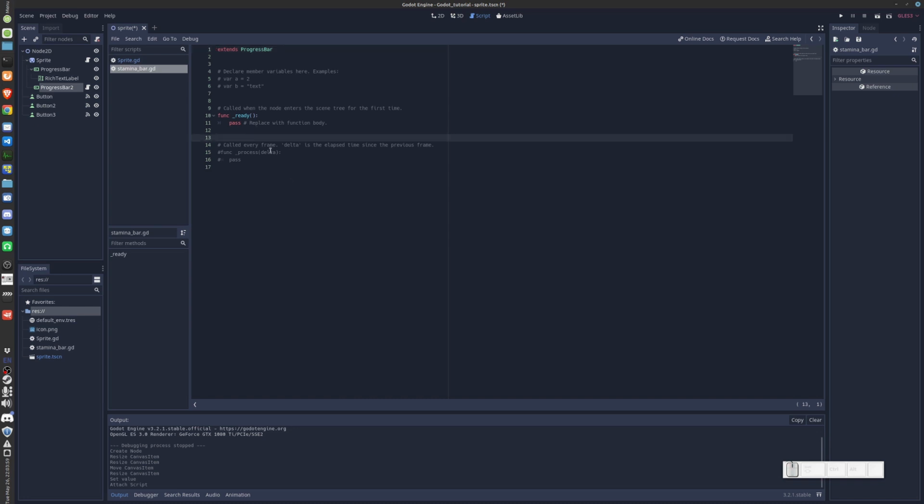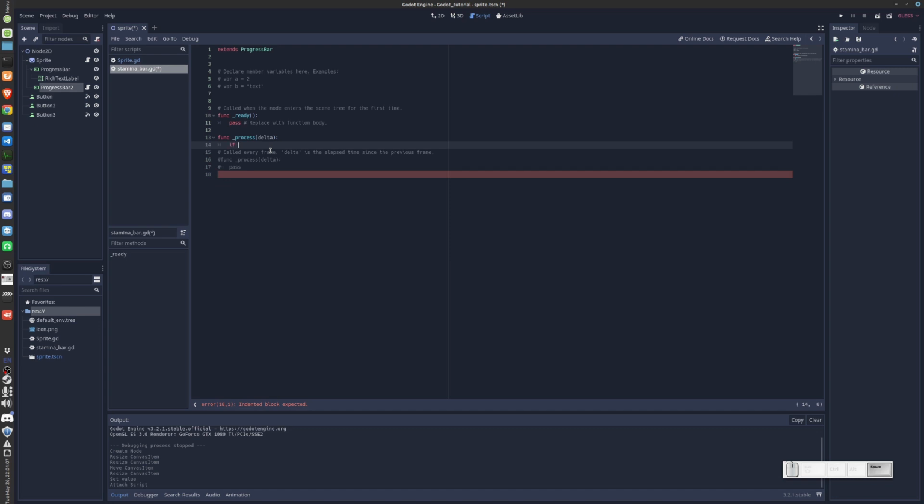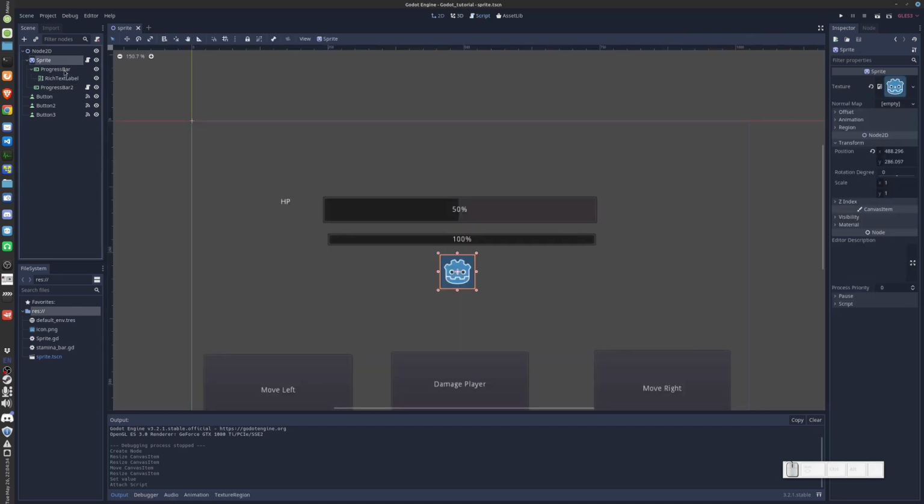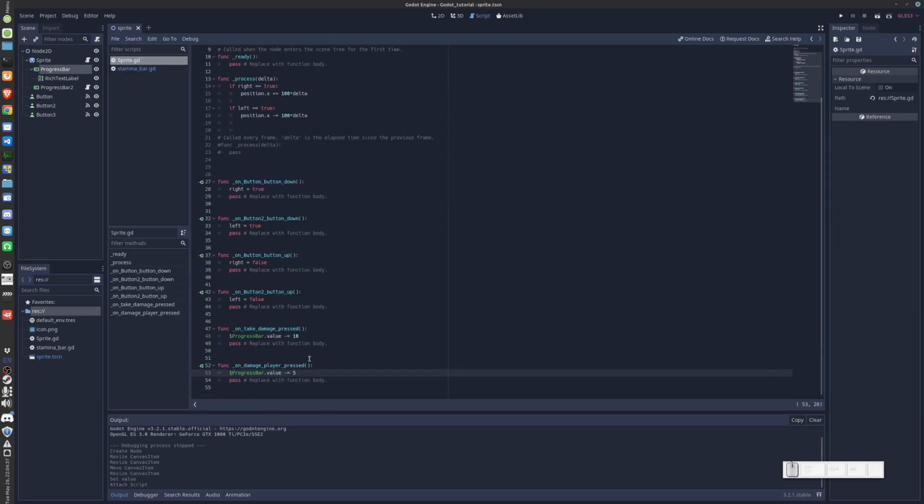So on ready, on process, if. So what this shows is that the value will increase by 1 every single second. So 1 delta is 1 second. Let's save it. Let's go edit our script again so that when the player gets damaged, its